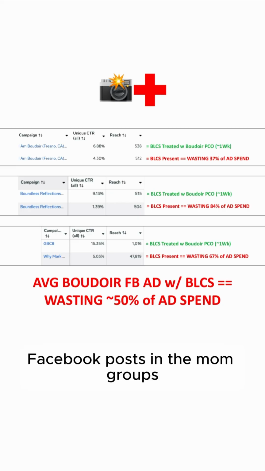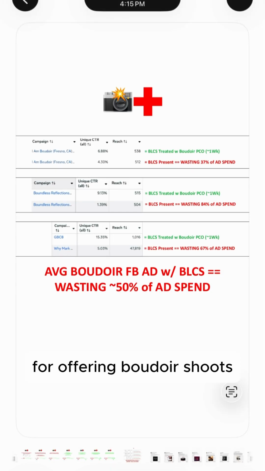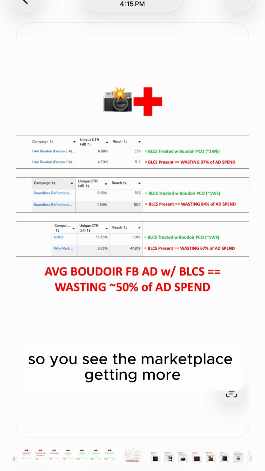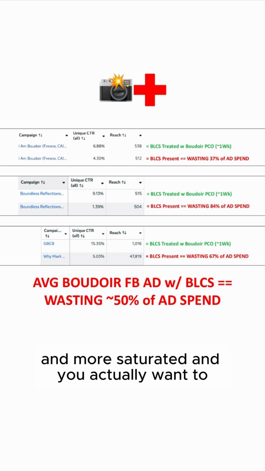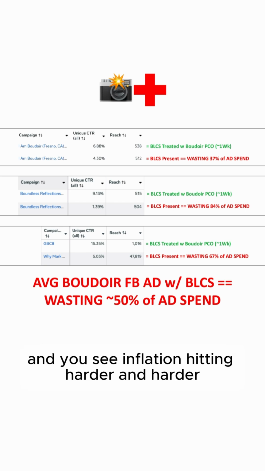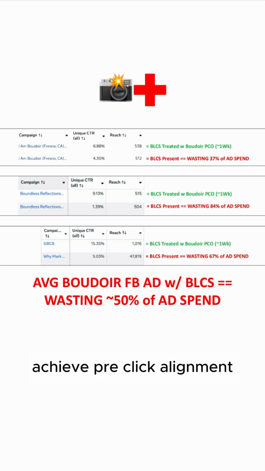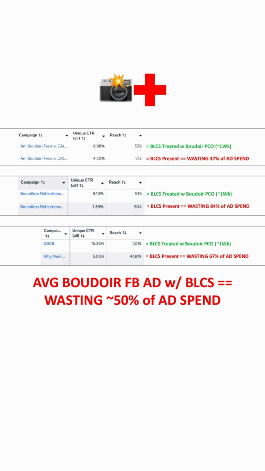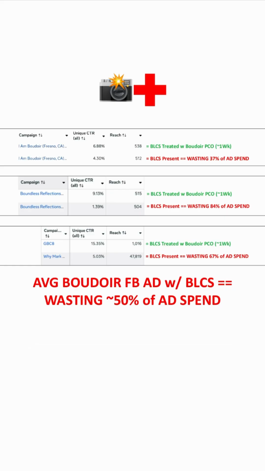Facebook posts in the mom groups offering boudoir shoots, and so you see the marketplace getting more and more saturated, and you see inflation hitting harder and harder, and you want to become a dominant boudoir advertiser, achieve pre-click alignment, activate boudoir brain entry boost, and continue on your way to becoming the #1 boudoir photographer in your city,